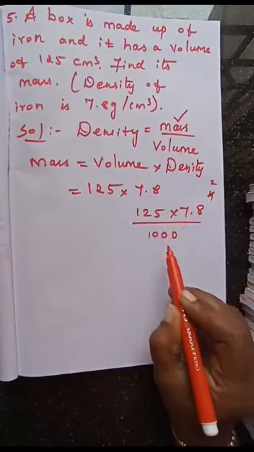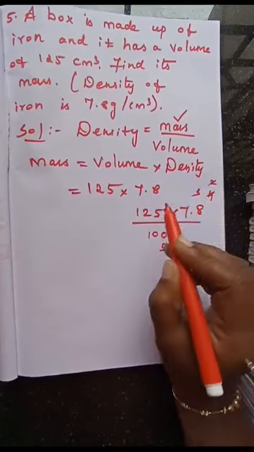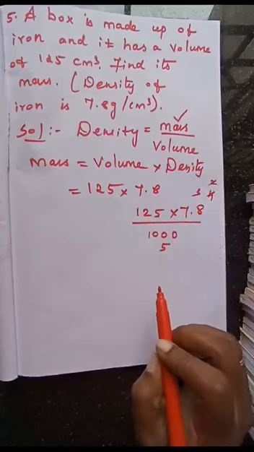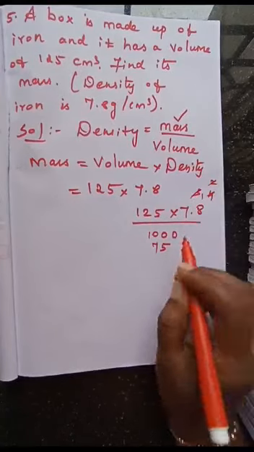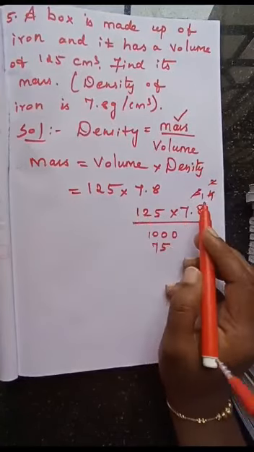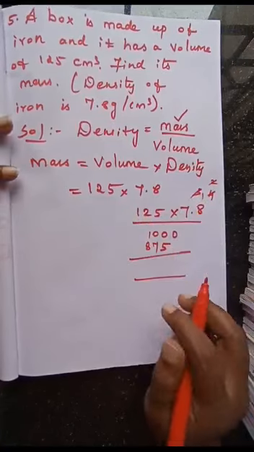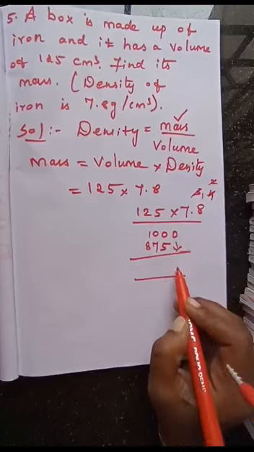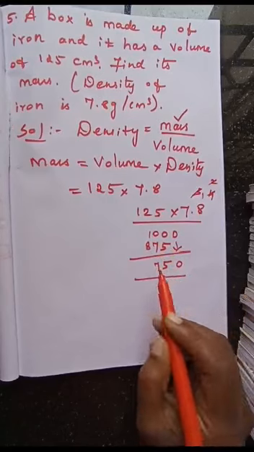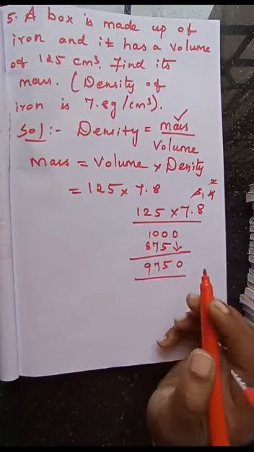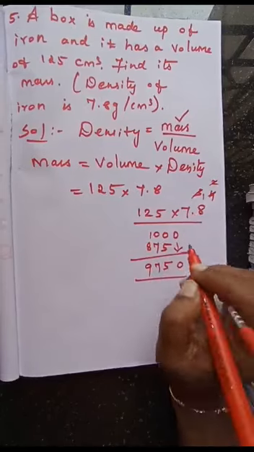Next, we are going to multiply with this number. 7 5s are 35. 5, balance 3. And 7 2s are 14, 14 plus 3 is 17. 7, balance 1. Now 7 1s are 7, plus 1 is 8. After this multiplication, we write the 0 and add as such. 8 plus 1 is 9. See, in this question, the density value is given in decimal.